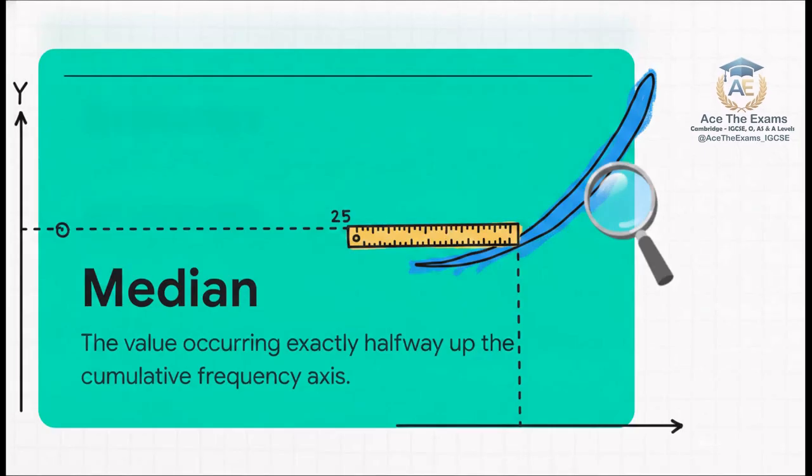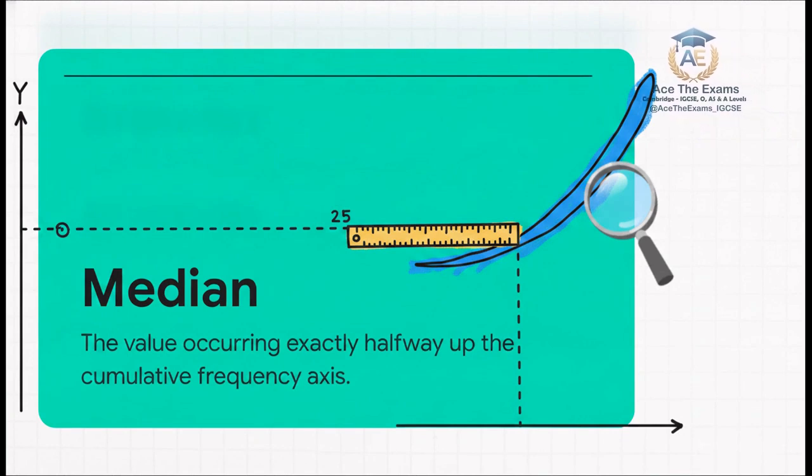With our smooth curve drawn, we can officially track down the true middle of our dataset. The cumulative frequency y-axis represents the actual physical items, in this case the 50 batteries. To find the median, we need the 50th percentile, which literally means the 25th battery. We just look at the 25 mark on our y-axis and draw a horizontal line straight across until it hits